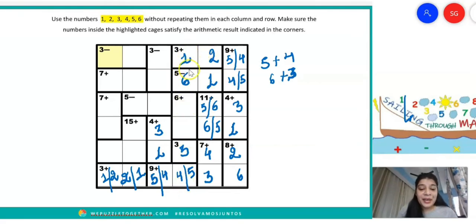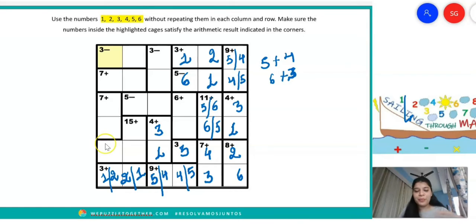Now let's see which other things we are going to figure out and how we are going to move forward in this puzzle. Now, if you will look at this row, that is the fifth row. Why am I looking at the fifth row? Because 4 of my numbers are already finalized. So, what are the numbers which can come here in these two blocks? The numbers which can come here are going to be equal to 5 and 6.